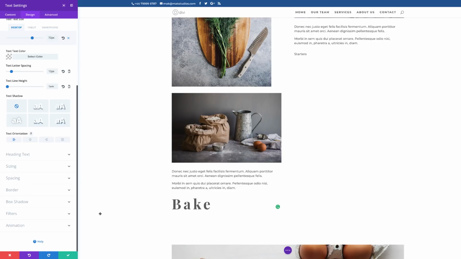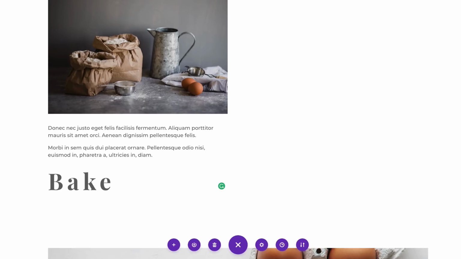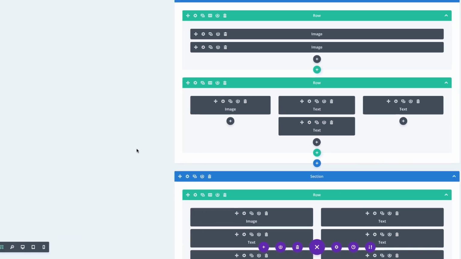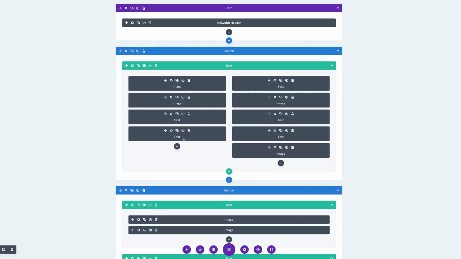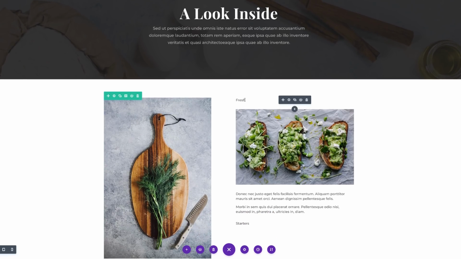So what we need to do next is, instead of going through all these steps to add them to our other titles, what we're going to do is copy the style and then paste it to all our headers. So what I'm going to do for now is save, and then I'm going to come over here to my expand settings, click on wireframe view. Okay, so I'm going to come over here to my text and then copy the style. So I'm going to right click on copy style,